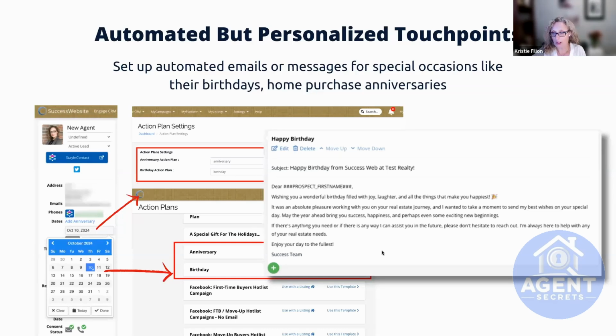But here's an example of an action plan that we have already added to our library for birthdays, for anniversaries. So if you go into your action plan library, you will see these new plans are there. And they are emails wishing happy birthday or happy anniversary. So those are already there. You don't have to create anything. But if you wanted to add more to it, you can as well.